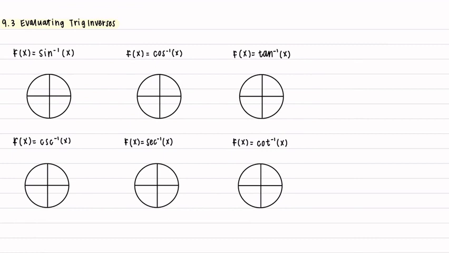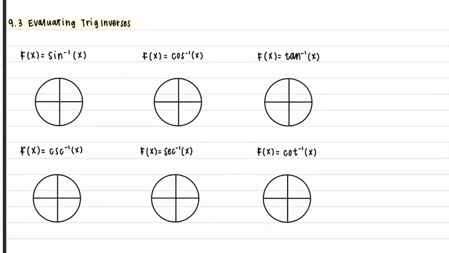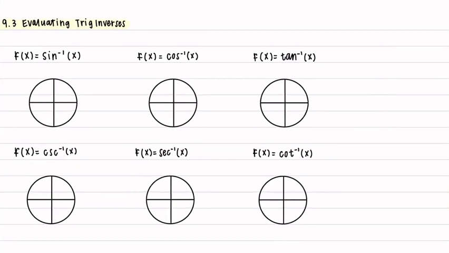Our notes today are titled 9.3, Evaluating Trig Inverses. So we're going to be working with evaluating trig inverses. In our notes today, we are going to see inverse cosecant, inverse secant, and inverse cotangent, which we haven't seen yet. Right? We learned in lesson 9.1 that